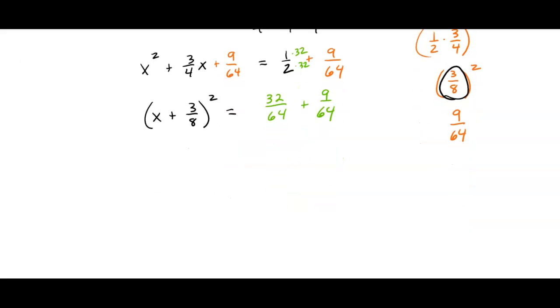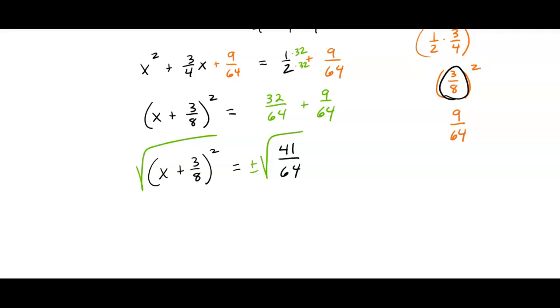Okay. So on the left, we have x plus 3/8 squared equals, and then 32 plus 9 is 41 over 64. Now, that 41 is prime, so that's not going to simplify as a fraction. And then here we go, we're going to take the square root of both sides,